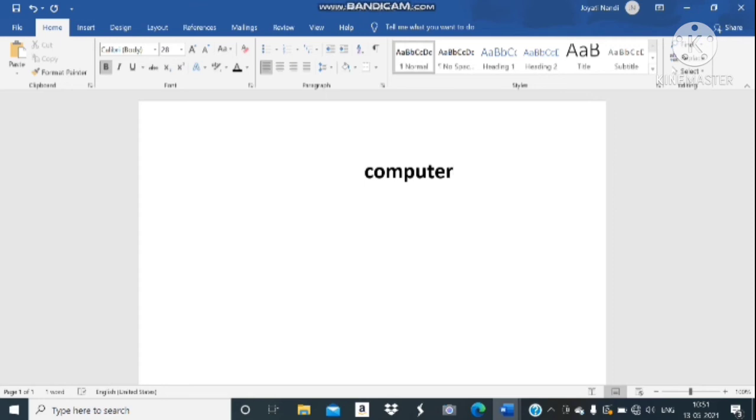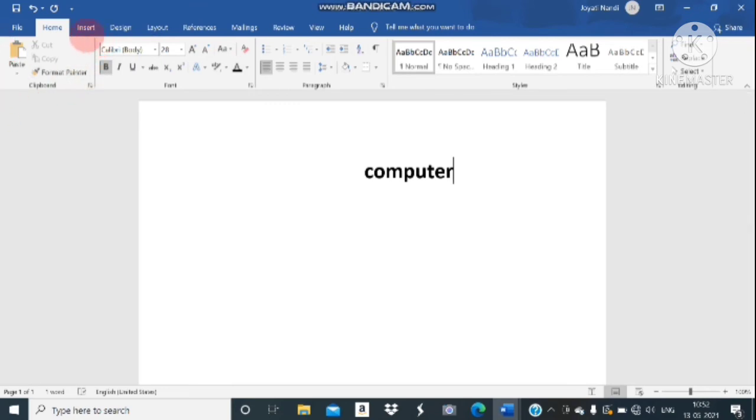Next one is formatting. Format means how you can format your text. Okay, so it is actually based on your font. Font means a set of letters, numbers or symbols of a given size and design that might be displayed or printed. Means how it can appear. This is called font. Okay, so the font can be bold. See here, this is the option for font. In the font option, see lots of other options are there. In the font group, this is the group. There are different groups available.